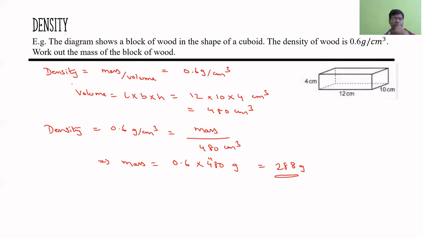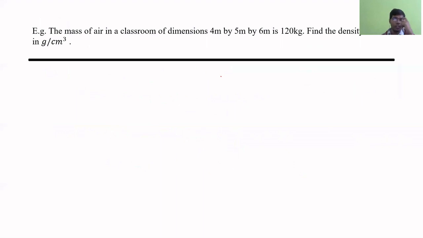So basically we use the simple relation, that is density is equal to mass by volume. And because here the units were also given in the same grams and centimeter cube, that's the reason there was no need of conversion. But in case it would have been given in kg per meter cube, then we need to convert the units accordingly. Okay, fine. So here we'll have to convert the units.